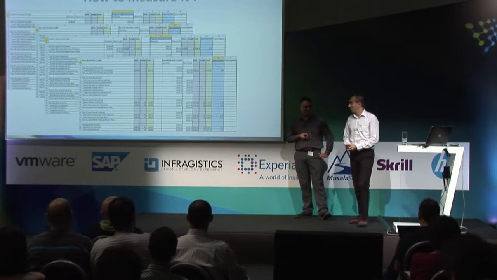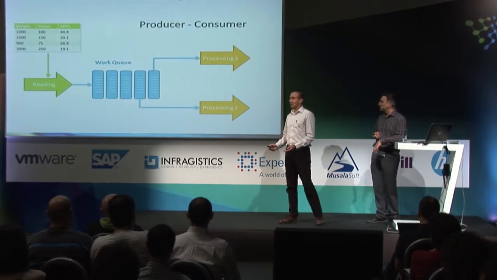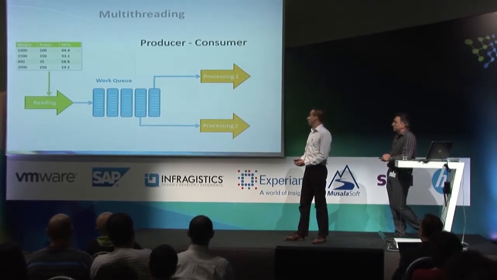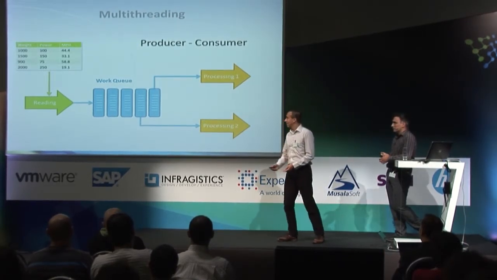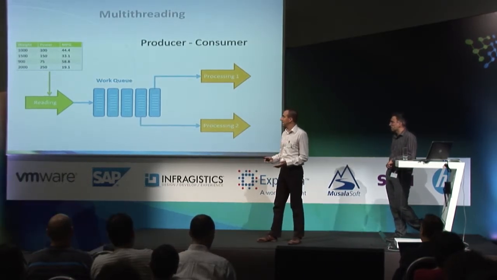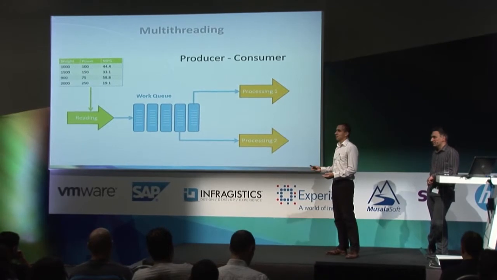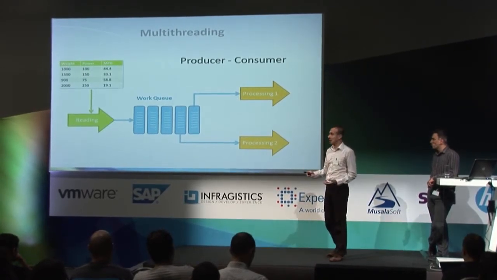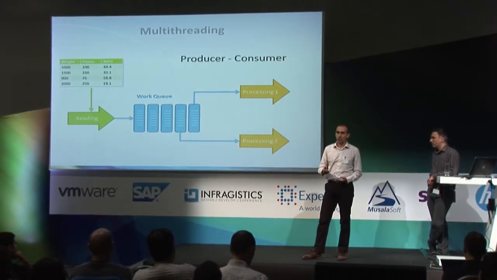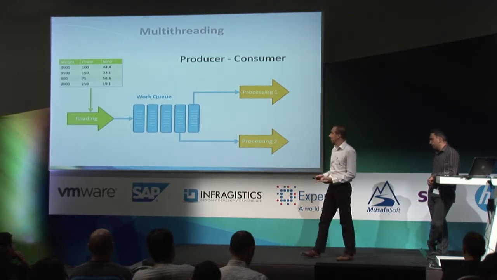Okay, so now we have a way to measure what we're achieving, so we can start developing. First, we start with multi-threading as the most promising one. We implemented a classical producer-consumer pattern, with a producer reading the data store and reading chunks of data, putting them in a working queue, where some consumers pick them up and process them. The number of consumers is exactly equal to the number of cores in the system, so we are able to utilize the whole system this way and balance it with the working queue.